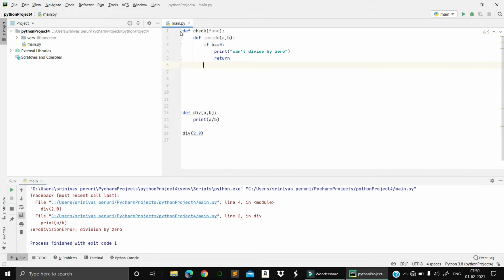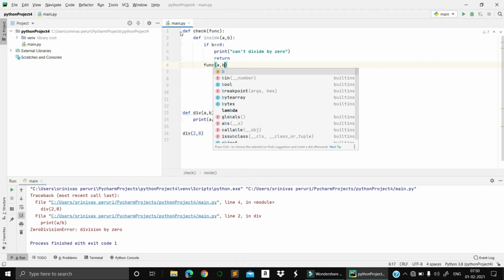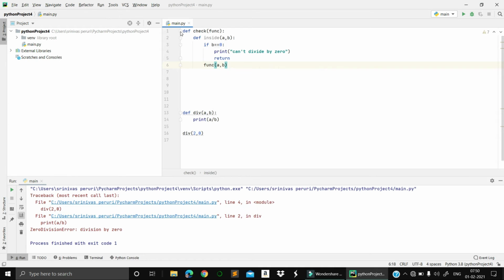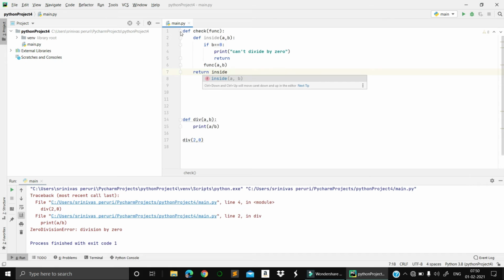That function will take parameters a comma b. Inside the function I need to return. Correct, right? So till this point it is clear.